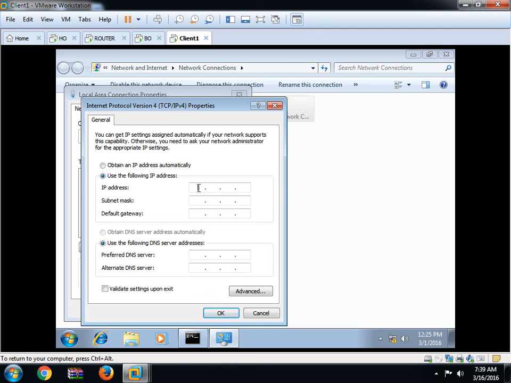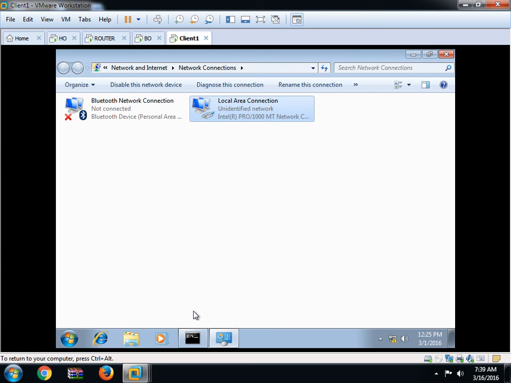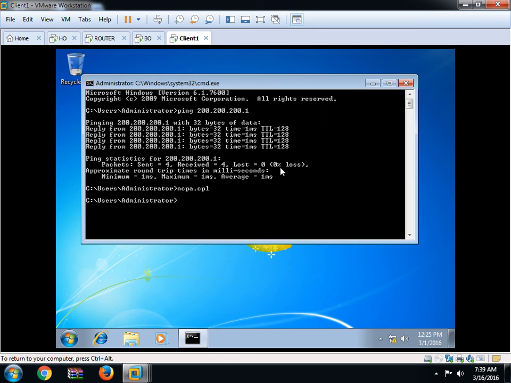Suppose take 20.0.0.3, and the gateway is 20.0.0.2, preferred DNS is 10.0.0.1, and this one will be 20.0.0.2. Okay, close this.